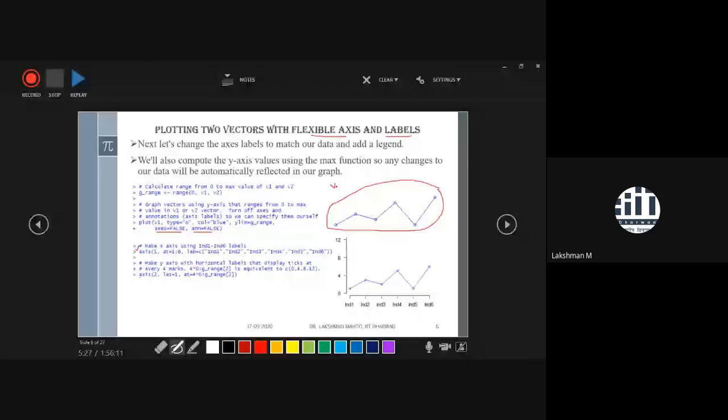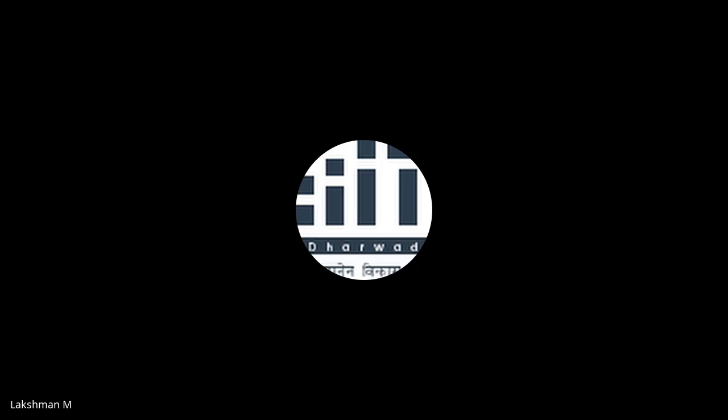So v1 was like this way: first entry, second entry. The first entry we are calling index one, position one, this is the second position, this is the third position, and this is the fourth position, like fifth position and sixth position. So it depends upon you what you want to define.